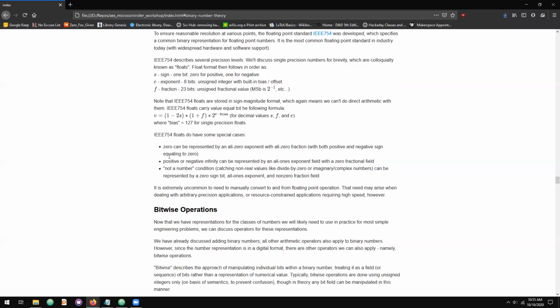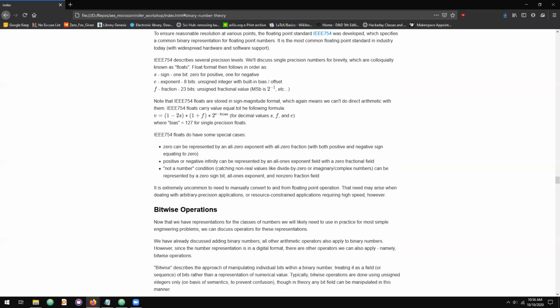It's not really representable in our natural language or our natural description of math, but again, there are cases where a representation of infinity is useful for some applications. And the last kind of special case is called not a number. You may have seen NaN. If you've worked with MATLAB before, if you've worked with floating points in the past,